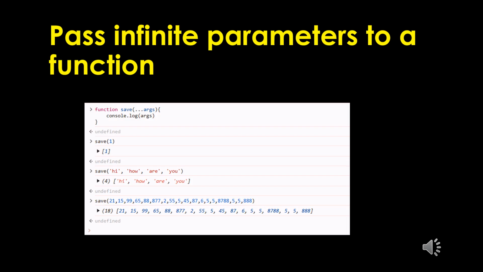Pass infinite parameters to a function. So if you want to pass 10 numbers to a function, or 100 numbers, or 1000 numbers, or 10,000 numbers, will it allow? Yes, of course it will allow. For that, we need to use the triple dot arguments of a function, the parameter inside any function, which will make an array and store all the entered values in it. So it might be 10 or 20 or 100 or 1000 or 10,000, whatever it is, it will be stored